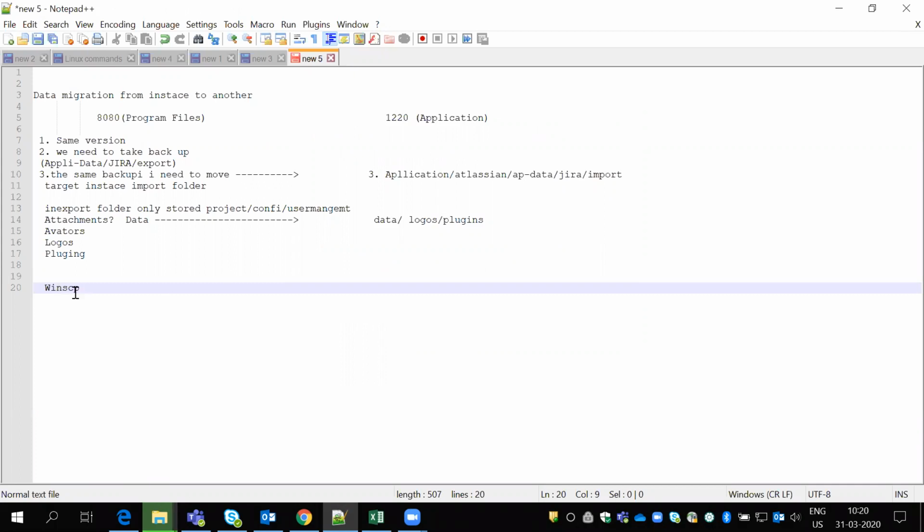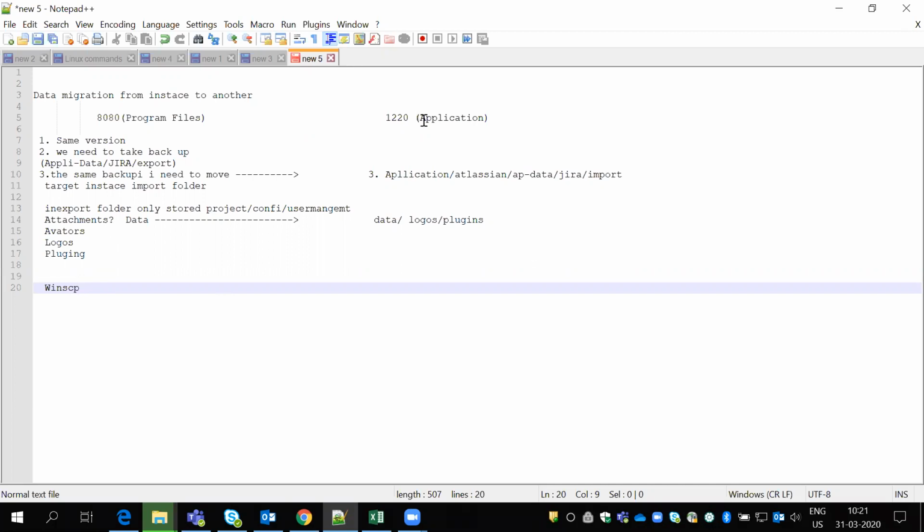If you open this WinSCP, the left side is our local system and the right side is the server. First, we need to connect with the 8080 server and take the backup. All these attachments and folders, we need to move from 8080 to our local system. Then we need to connect with the 1220 server and move from our local system to this 1220 server.